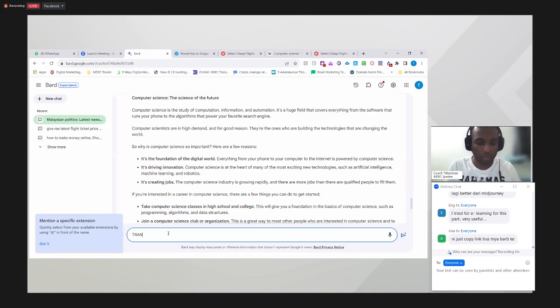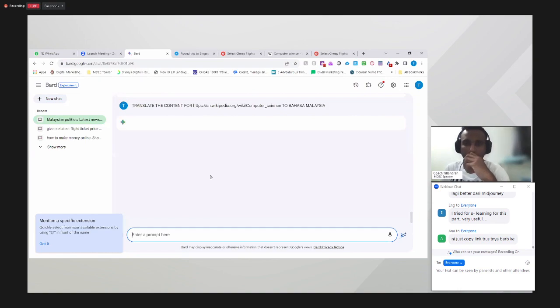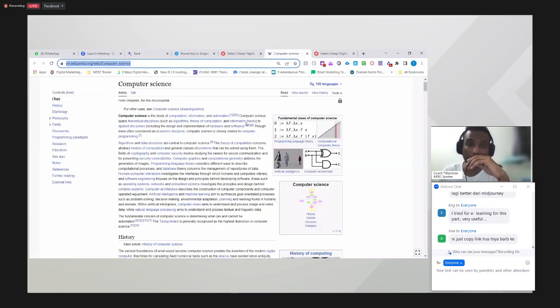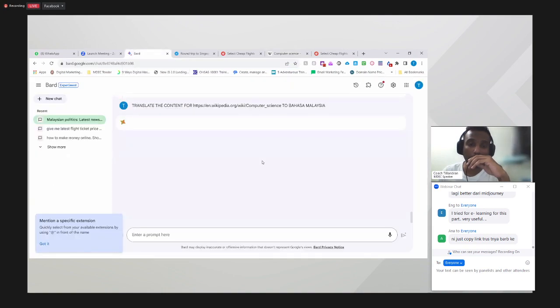So, translate the content to Bahasa Malaysia. Now what we want to do is translate the content on this Wikipedia page from English into Bahasa Malaysia. Okay, let's see how it comes out.